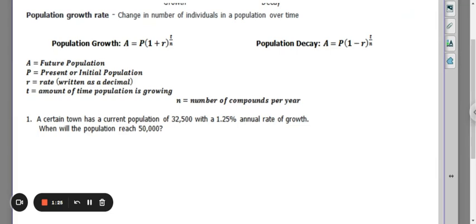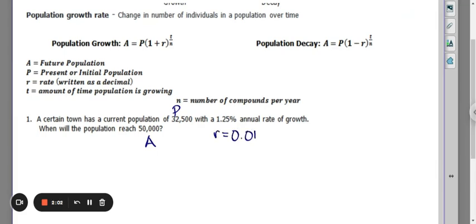So a certain town has a current population of 32,500 with a 1.25% annual rate of growth. When will the population reach 50,000? So the first thing you want to do is label everything they gave you. So they gave us the present population. They gave us what we want the future population to be. And they gave us the rate,